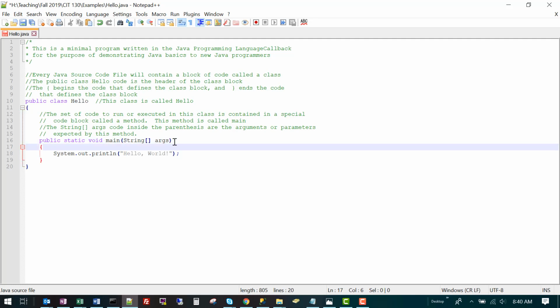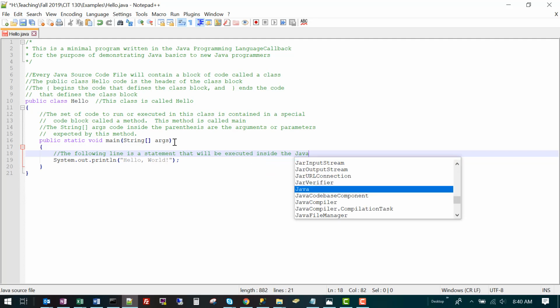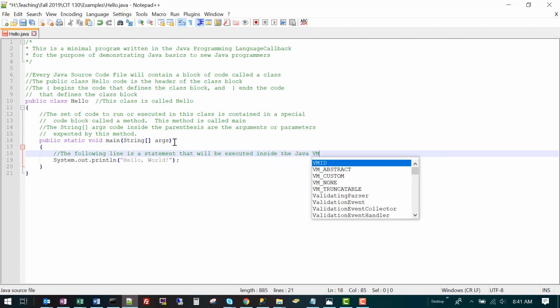We again have our open bracket for the defined block, and now we have the one executed line of code. The following line is a statement that will be executed inside the Java virtual machine.